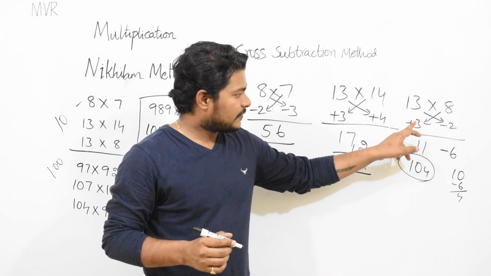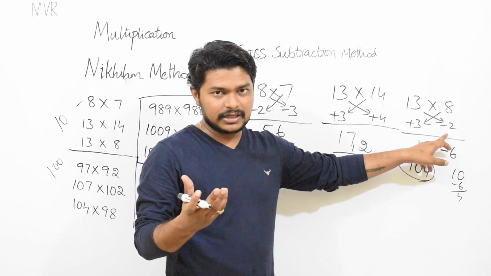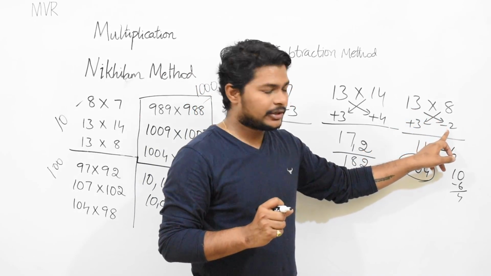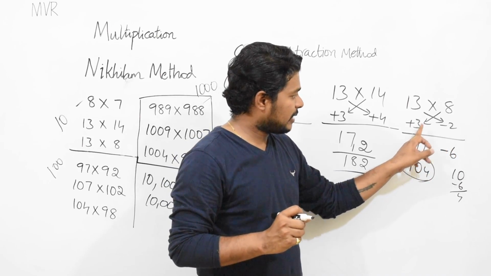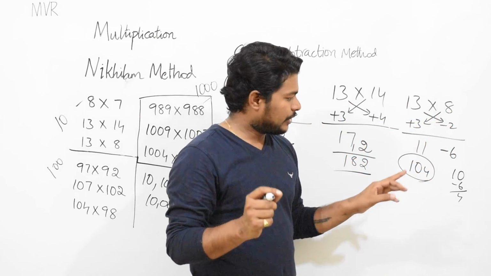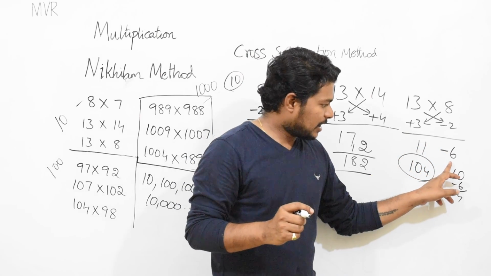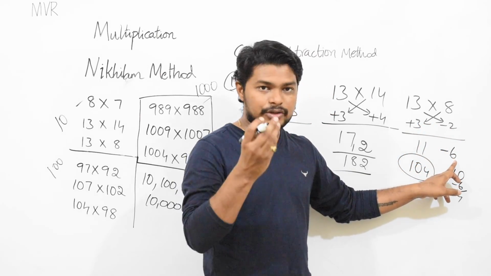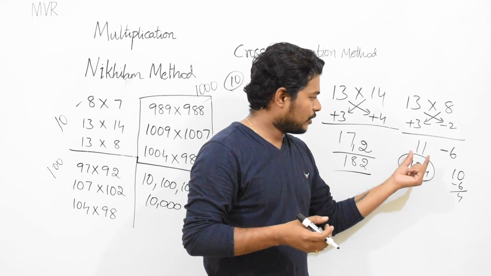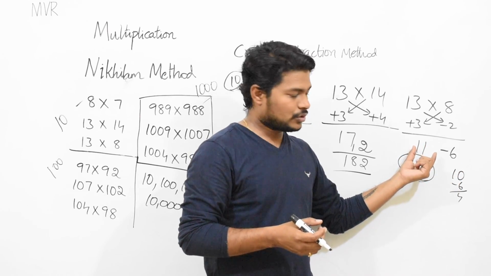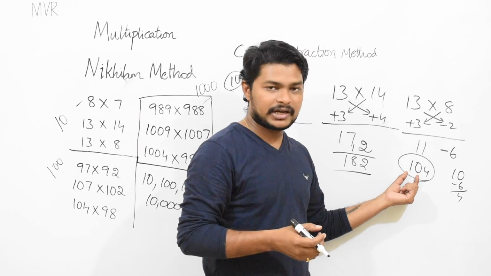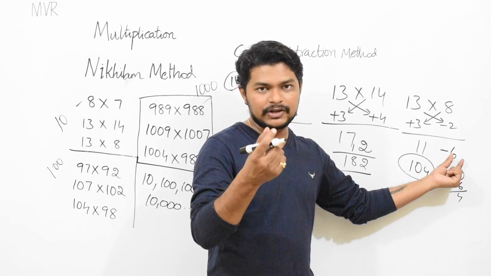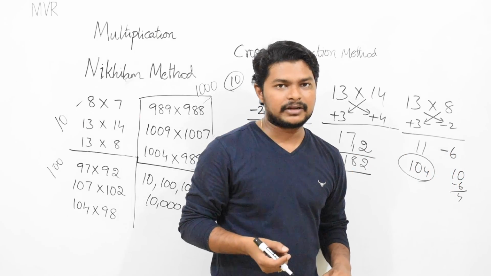Okay. Whenever the signs are opposite, at that time you need to be careful. You can do 13 minus 2 or 8 plus 3. After writing here, the product of plus 3 into minus 2 will be minus 6. But you need to subtract this from this value. If you borrow 1 from this, its value decreases by 1. So here 10 will come. Then from the base value you need to minus this. Base value is 10. 10 minus 6 will be 4. That you need to write.